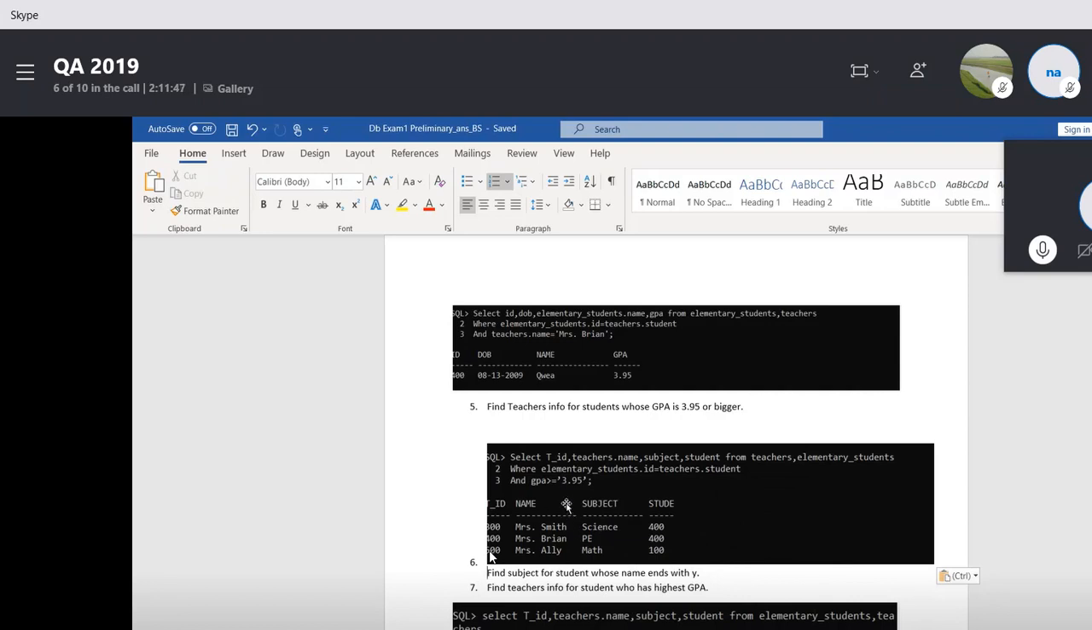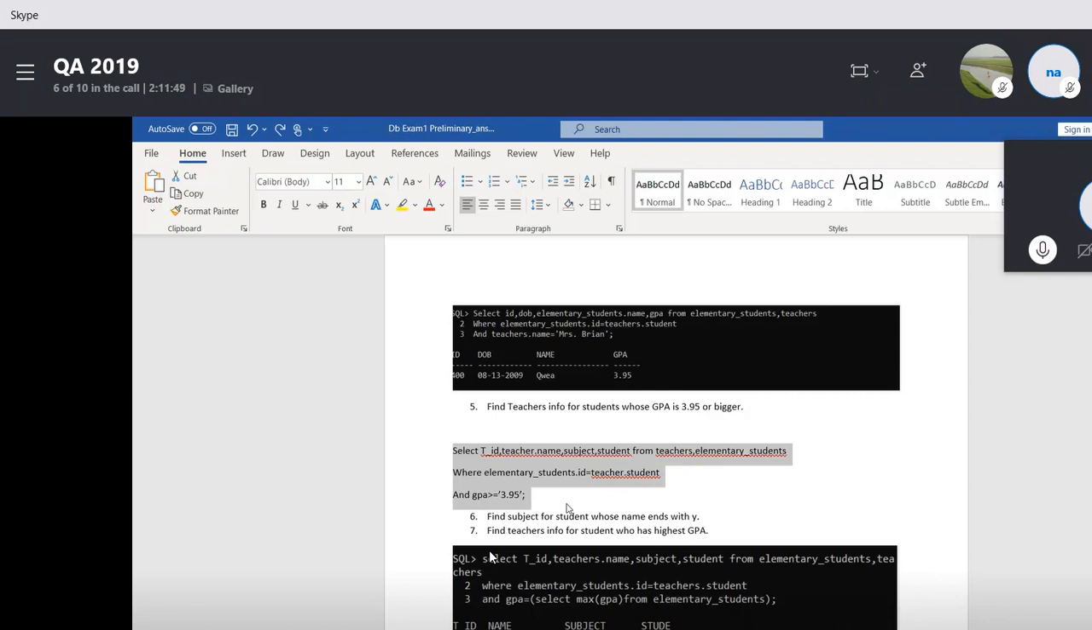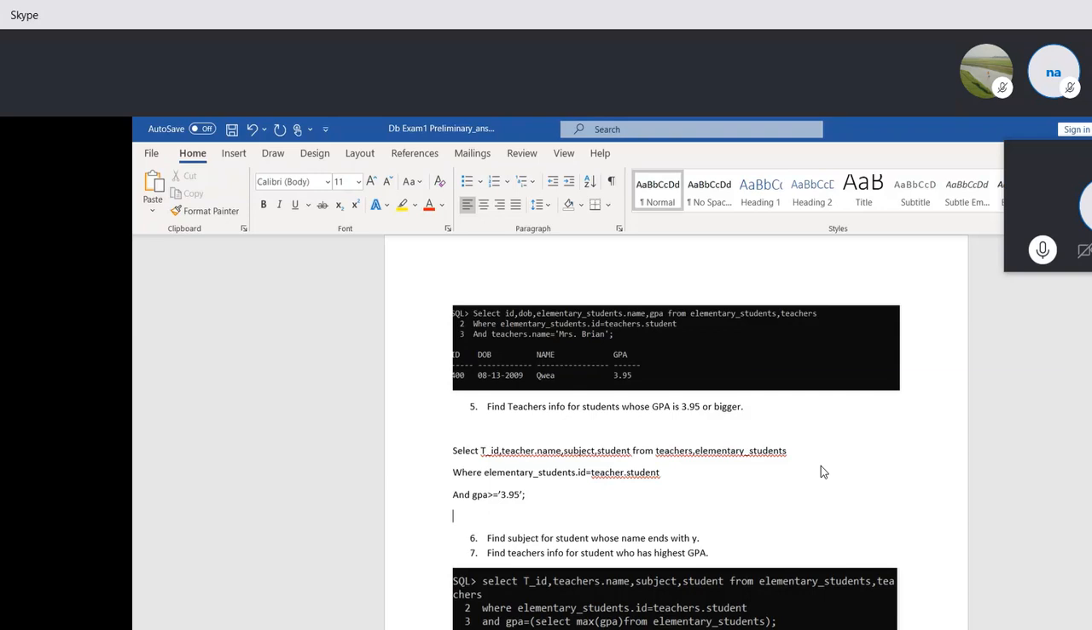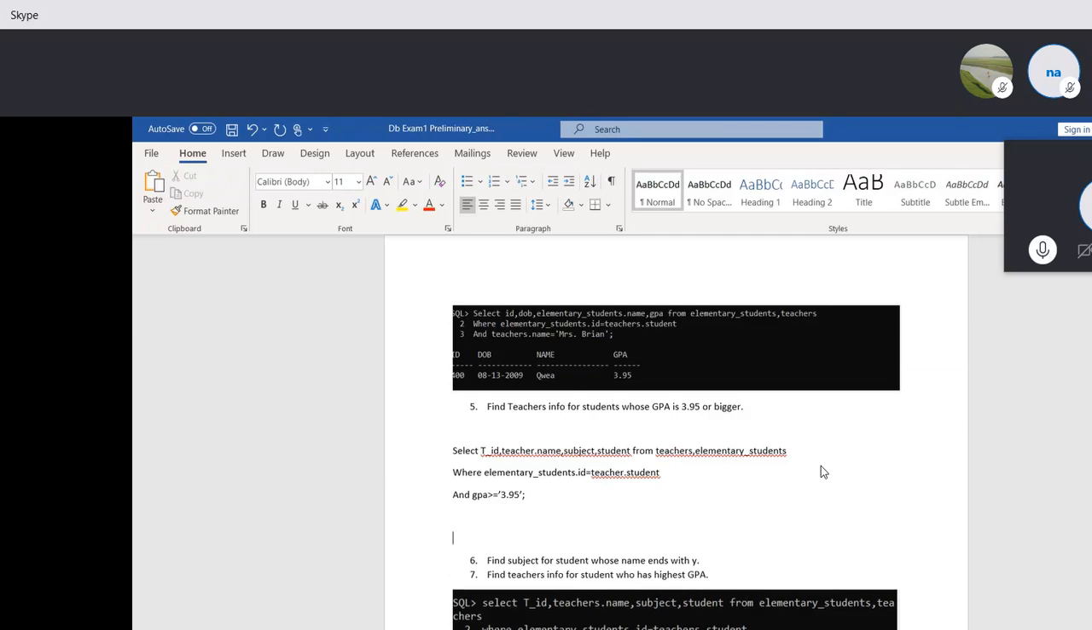How is the query going on, guys? Put the cursor after the semicolon. After the semicolon, press enter. Enter. So now you select all the